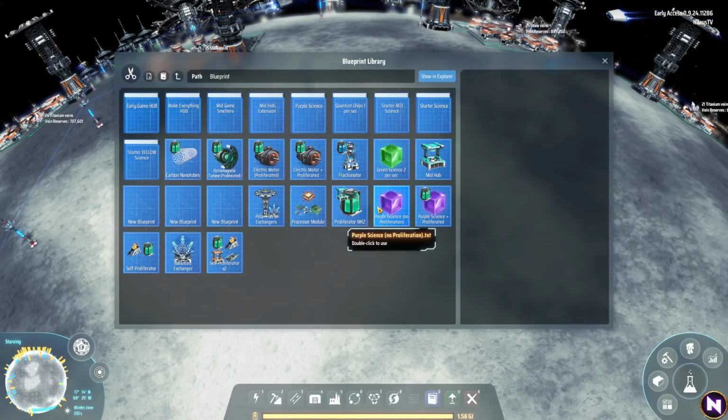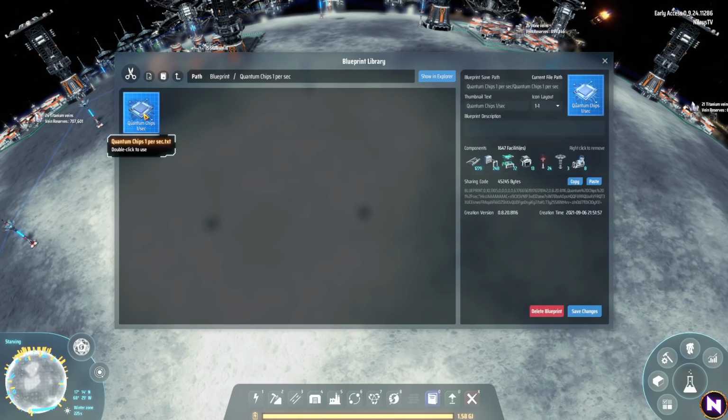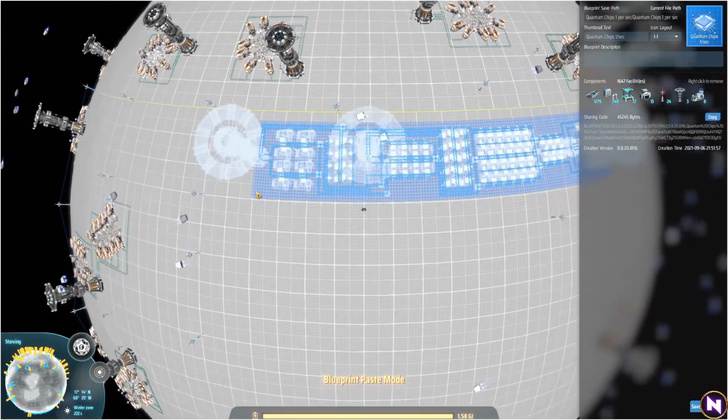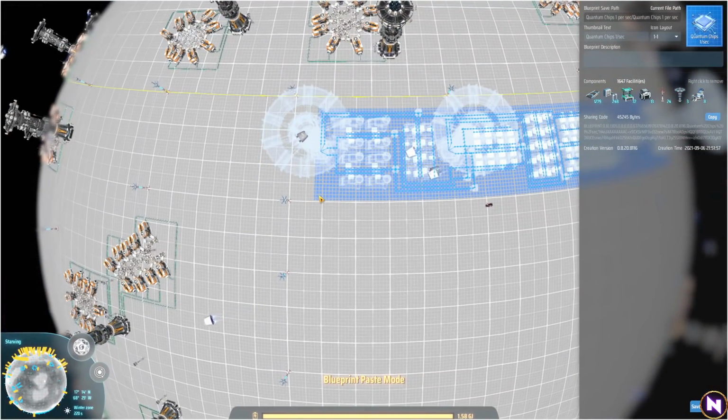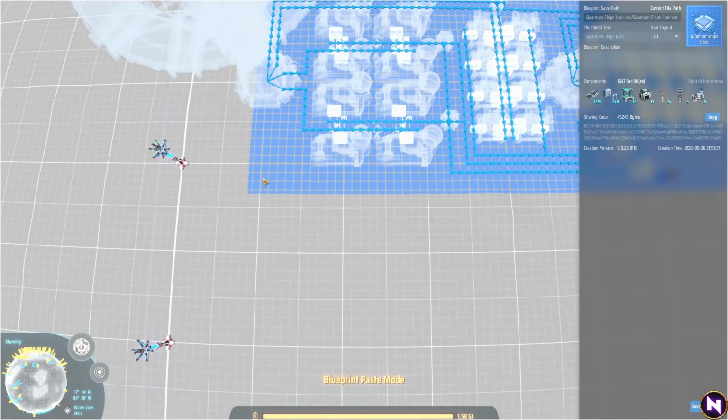So what we're going to do is lean heavily on the blueprints that I've created before. There are tutorials for both quantum chips and green science. What we need to do is stamp them down. This only gives us 1 per second, which is not much. But the advantage is that it is something we can...